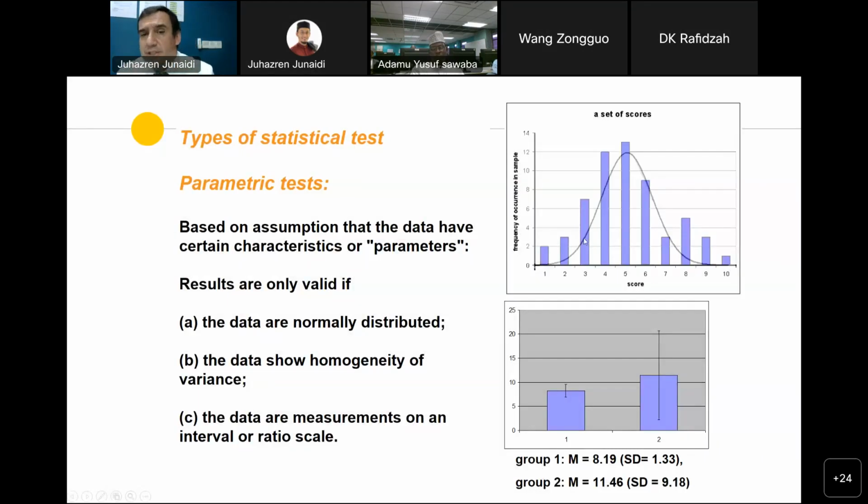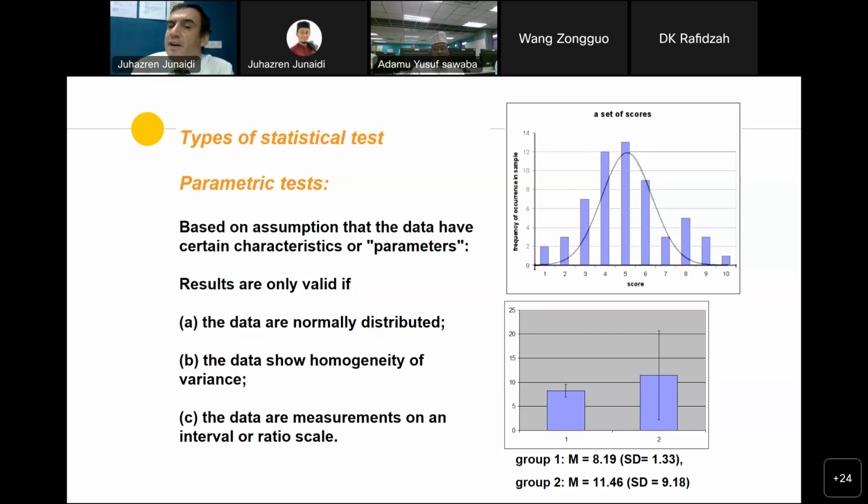Now, if you go into the statistical tests, the type of statistical test, parametric tests. Everybody here in the room, did you take a statistics course? Anybody who did not take a statistics course here? You did not take a statistics course, so this might be a little bit on the air, but still, if you have questions, just ask. But if you have taken the statistics course, this should remind you of those things during your statistics. So let me remind you about the statistical